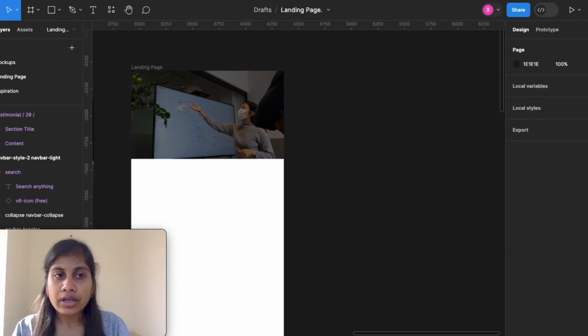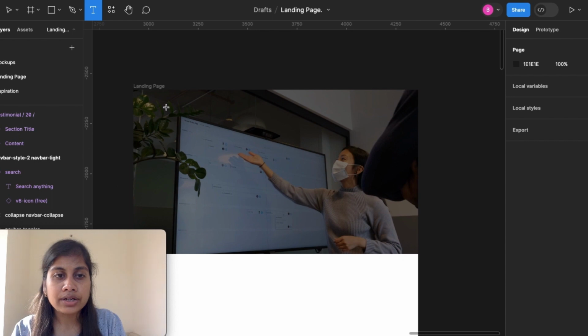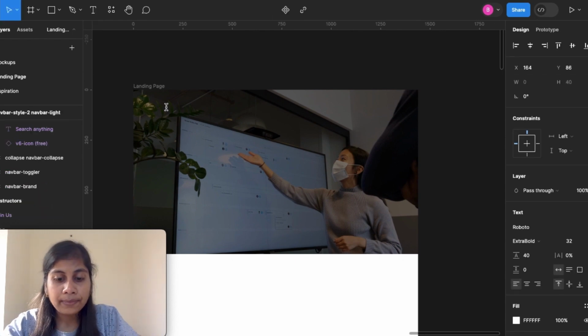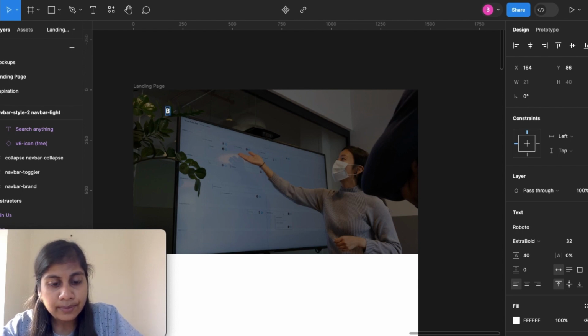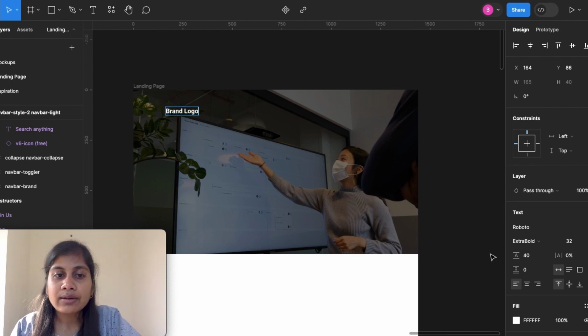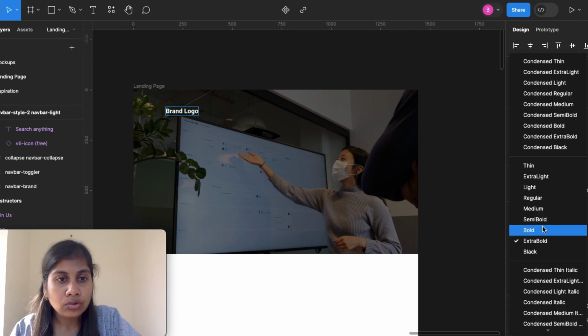Now we will be working on our nav bar. So firstly, what I want is the brand logo. यहाँ पे मैं currently अभी कोई logo नहीं डालूंगी. We will be just putting it in a text form. So what you can do is you can write it as brand logo. Okay. And the font that I'm using here is Roboto, and for the logo I'm keeping it as extra bold,